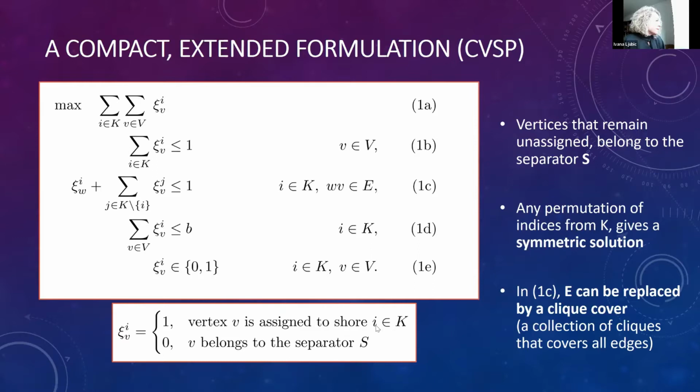So if the vertex is assigned to a bin with index i, then its binary variable will be set to 1. Now, the vertices that cannot be assigned to any bin are the ones that have to be removed, the ones that will belong to the separator S. So by maximizing the number of vertices that we can assign to one of the k bins,